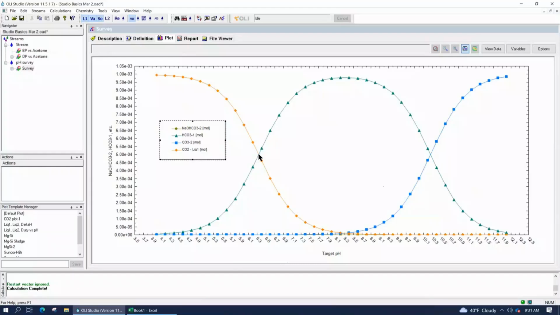That's the number you'll see reported in a table or, let's say, in a report somewhere, or maybe in a textbook. Okay. Then above 6.3 pH, the bicarbonate is the dominant ion. So this is what we call the bicarbonate buffer. Actually, the buffer is right here, but I don't want to get too technical right now about it.